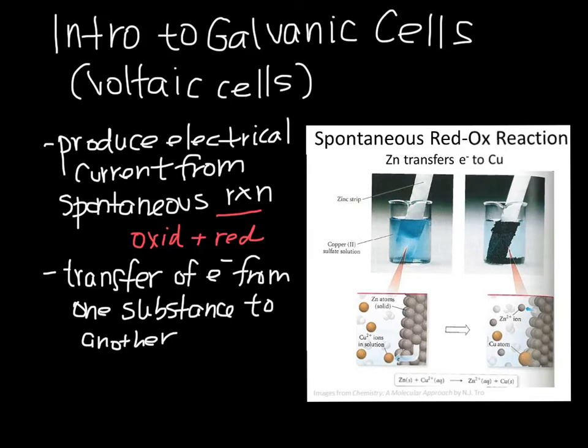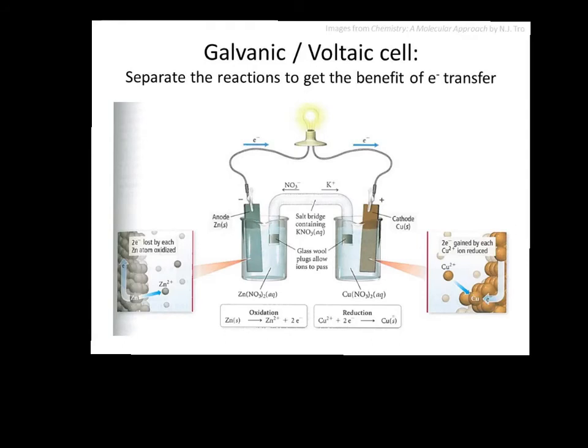So if we want to have a useful voltaic cell, then we actually need to separate the half reactions and force the electrons to be transferred in another way. So here is an example of a galvanic or voltaic cell which uses that same reaction between zinc and copper, only now these are separated. So we have the zinc strip over here and we have a copper strip over here. This solution includes zinc ions and this one includes copper ions, and you can see at the atomic level sort